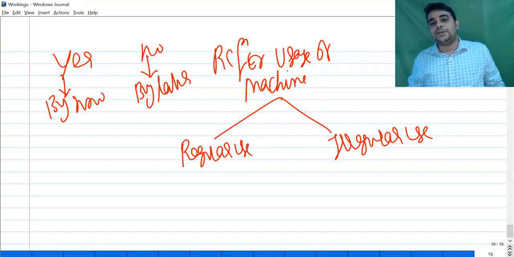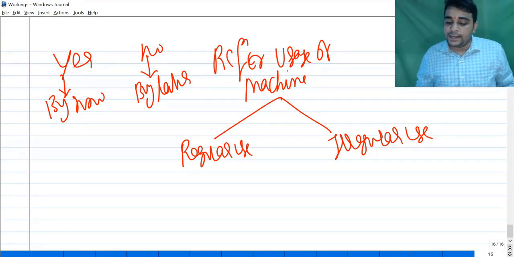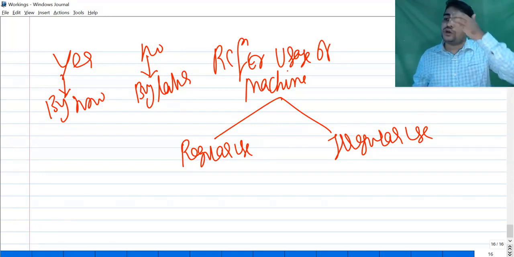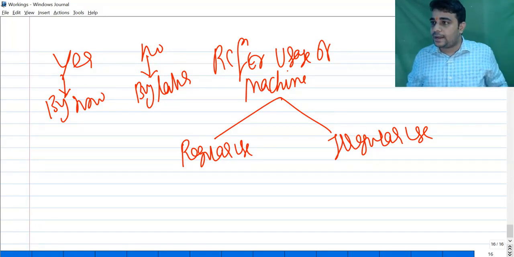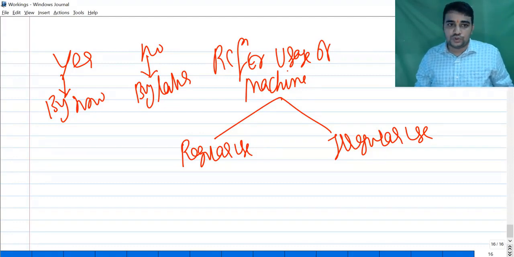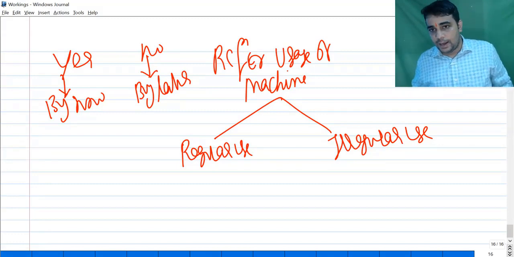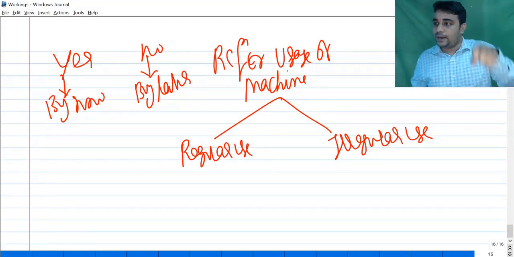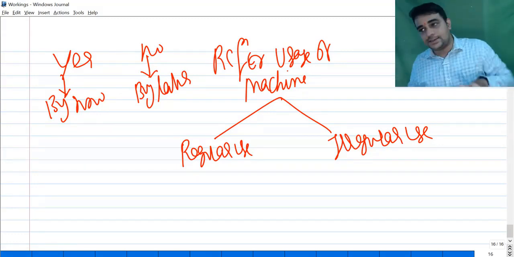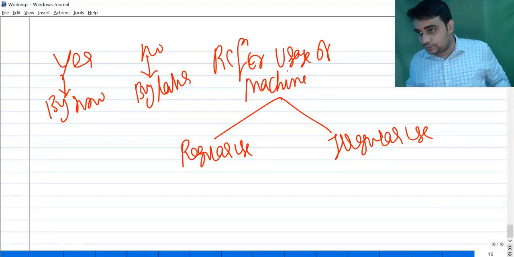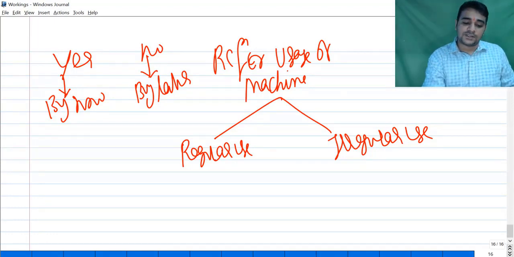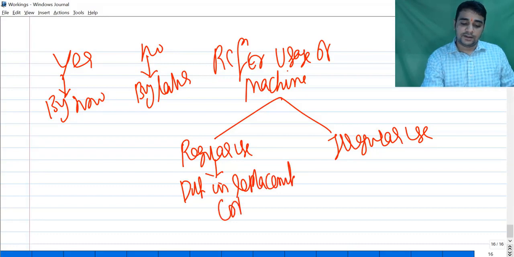Why should it become 11 machines? Because you are regularly needing this machine. Suddenly a contract came; you were planning to buy a machine on maybe 2023 January 1, that was the plan. Because a contract has come, let's buy the machine now itself. So whether you will have to buy the machine now or later is the question as far as a regular use machine is concerned. So for relevant cost here, it is the difference in replacement cost.